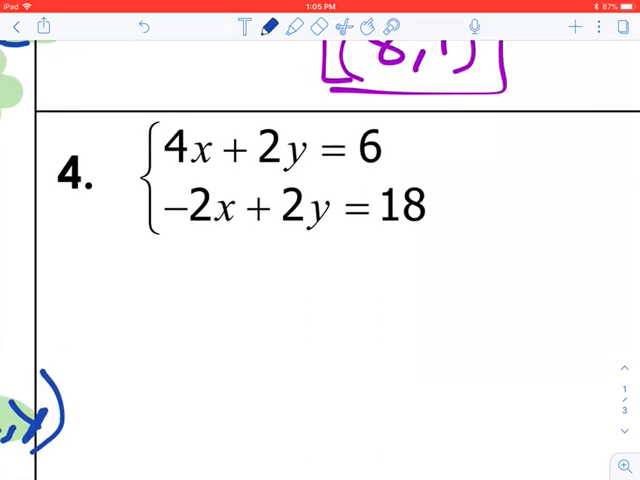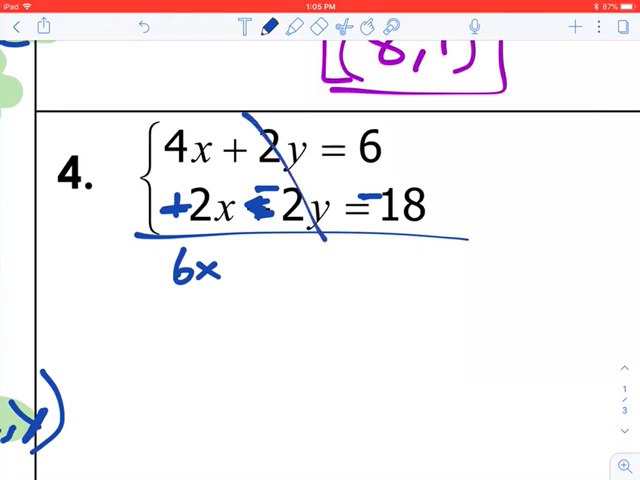So, in this case, those are not opposites, or not the same number. These are almost opposite. So I'm just going to change this plus to a minus, change this minus to a plus, change this to a negative. So now, when I combine them, 4 plus 2 is 6x. These cancel like I wanted, equals 6 minus 18 is -12. And when I divide by 6, I get x equals